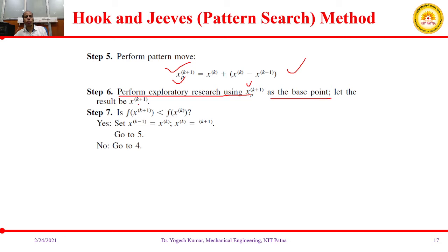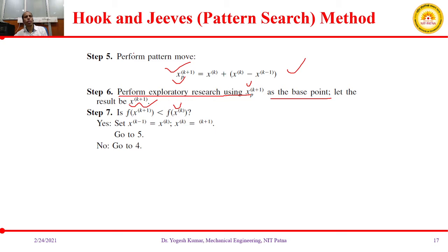So this new base point will be your x k plus 1, a new set of values, and again you are going to compare the value of the function corresponding to the current base point, and if it is less than your previous value, that is x k, then